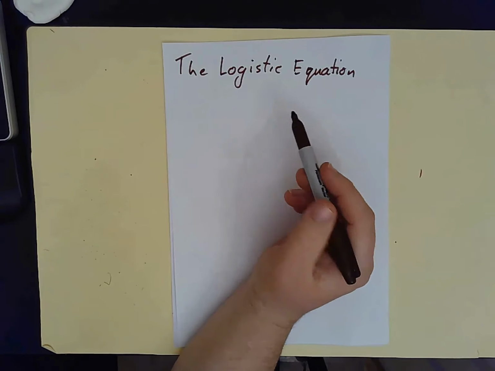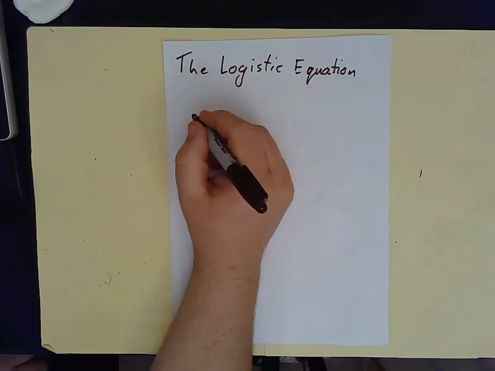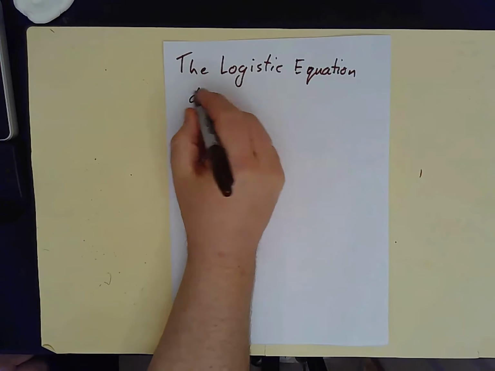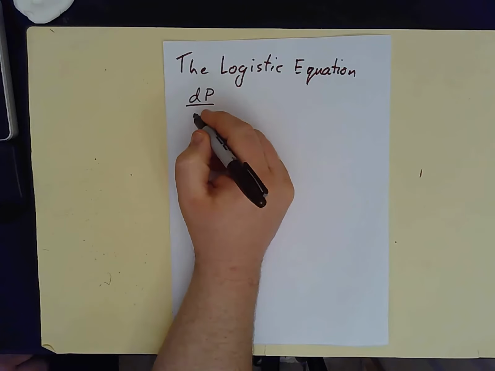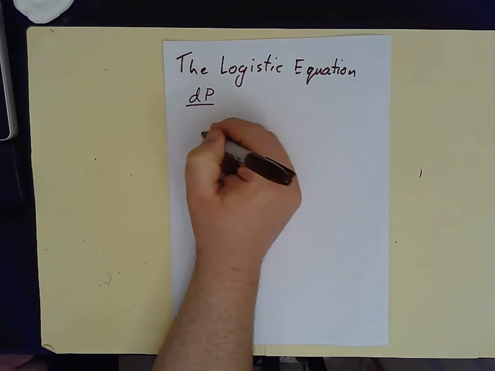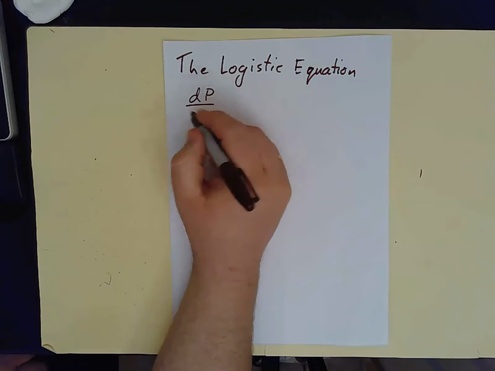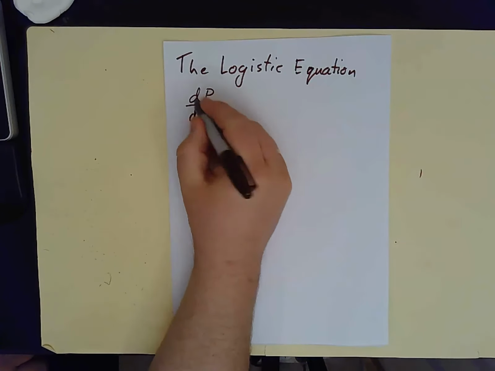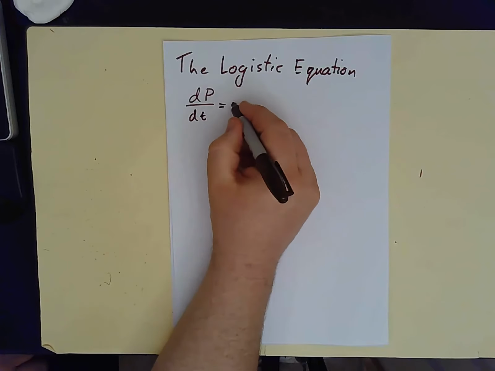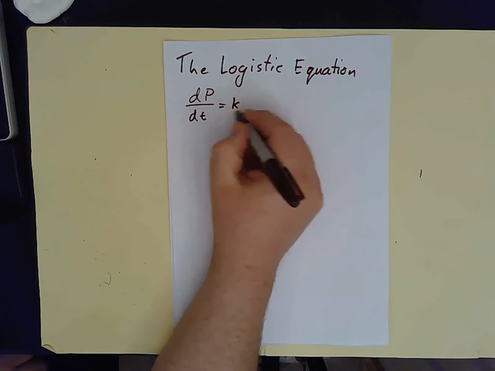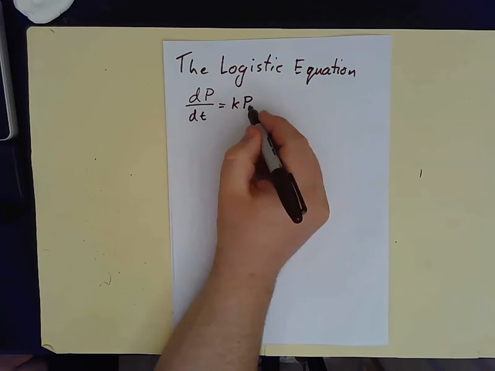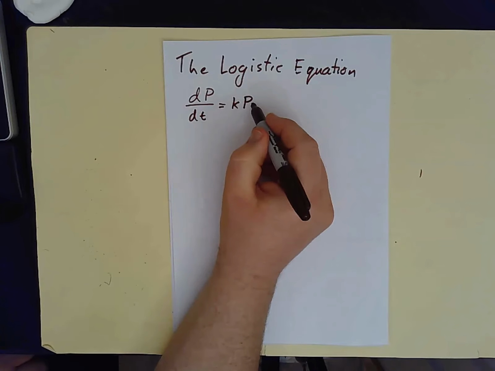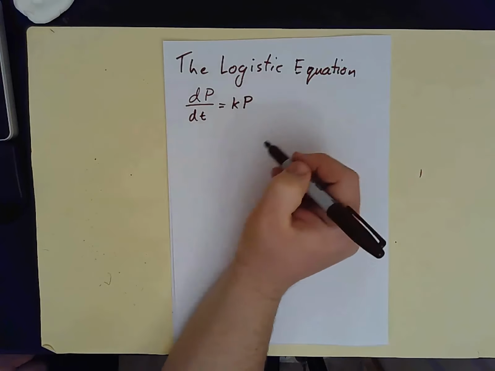Now, we could very simply think that the population of this individual, and it could be the population of bunny rabbits or cane toads or virus or all sorts of things, we could think of how it changes in time as just some constant times the population. So this is proportional to the population. That's saying the more population there are, the quicker it will grow because there's more of them to have